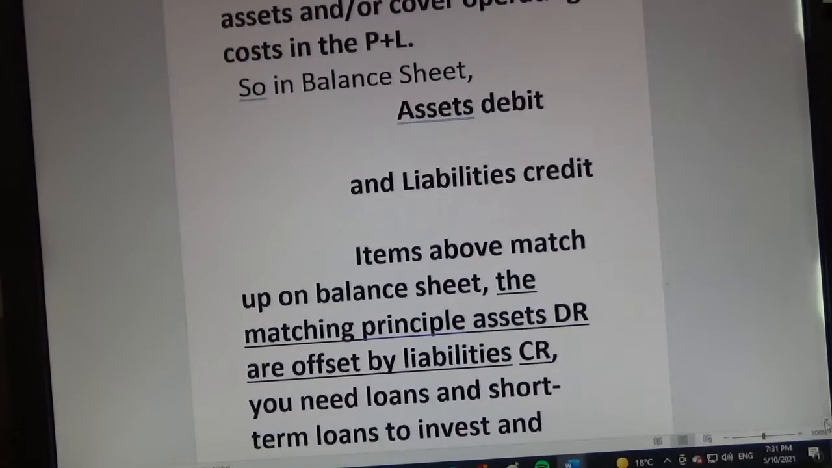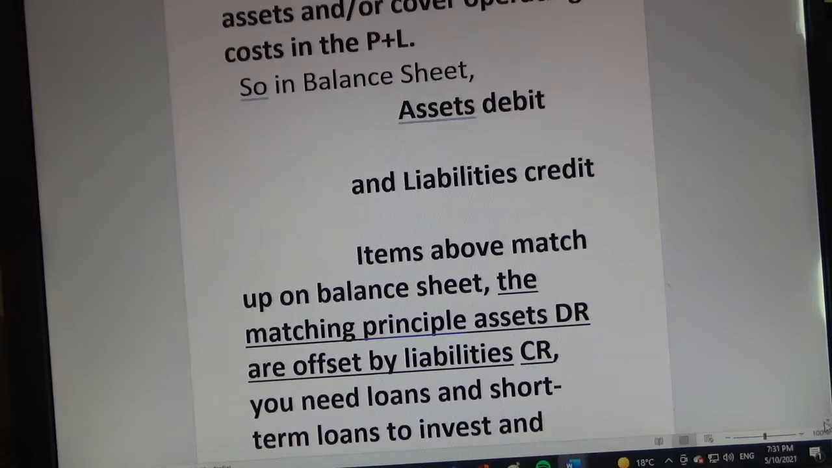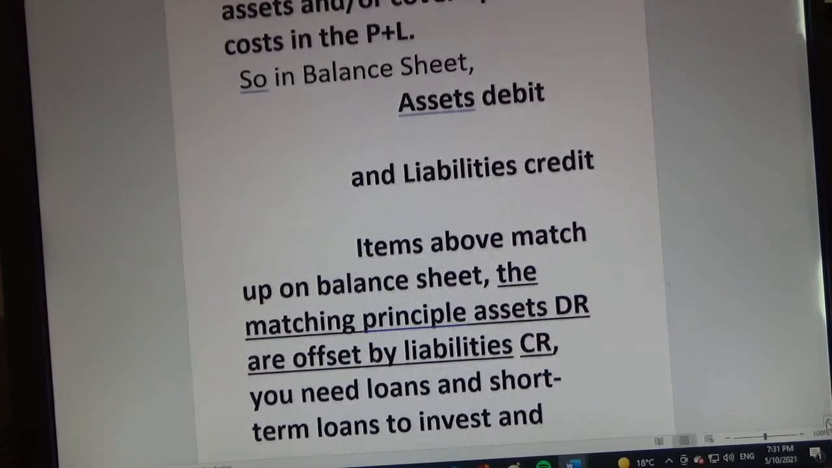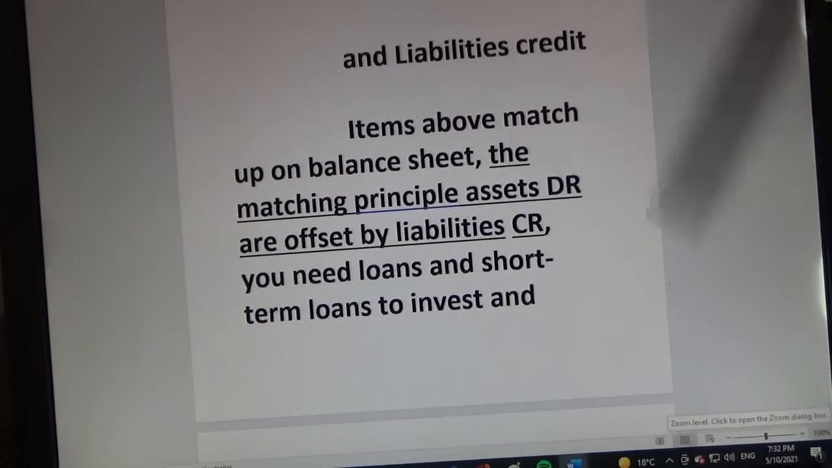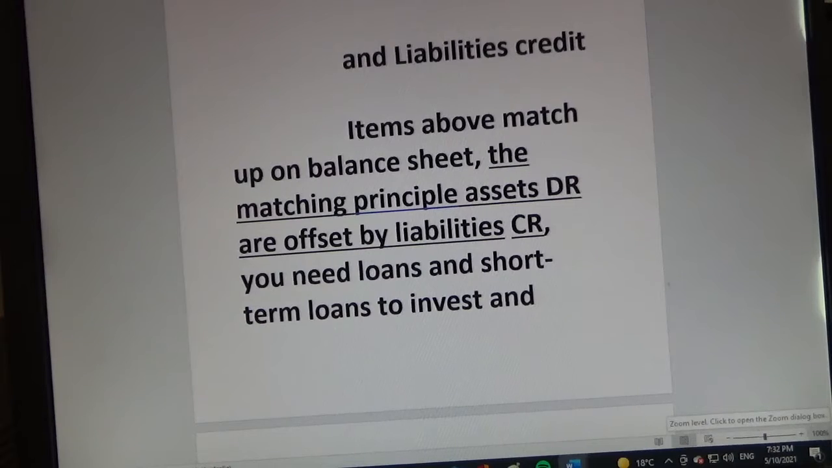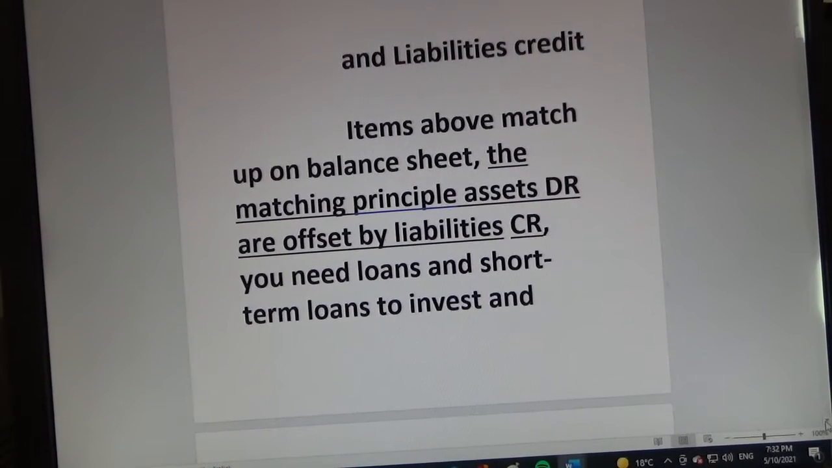So in the balance sheet, assets are a debit and liabilities are a credit. That is consistent with the notion of the matching principle, where debits are offset by credits, and in our case, the assets are matched to liabilities. You need liabilities, loans, to invest in assets. Assets are favourable,